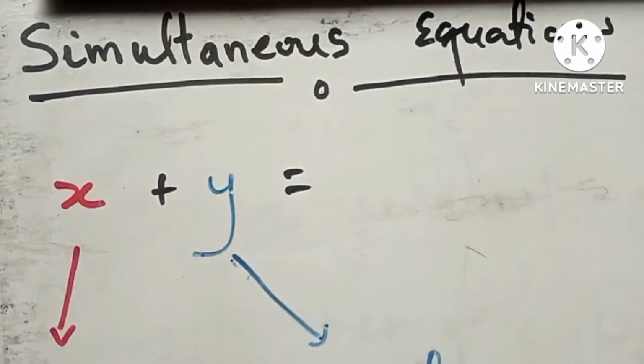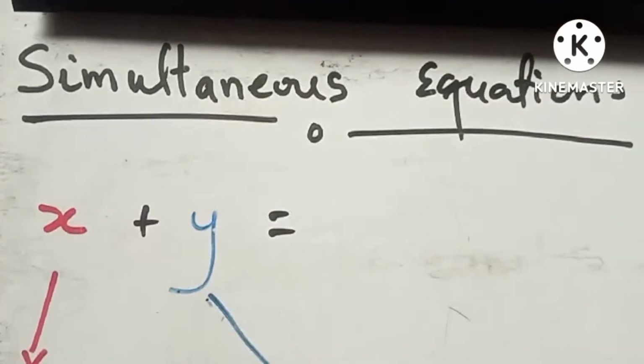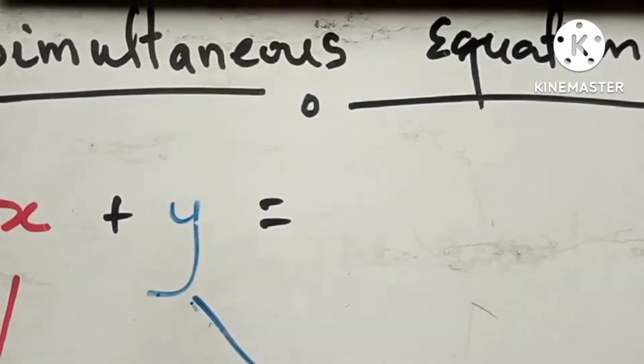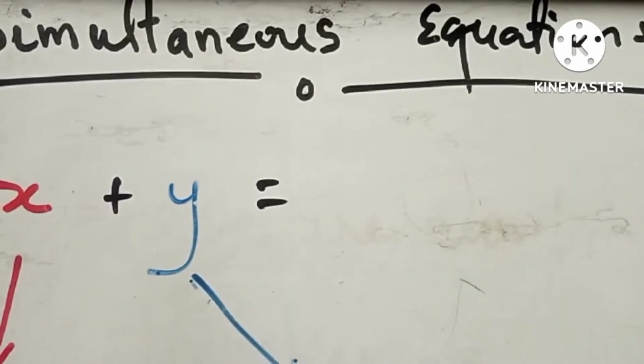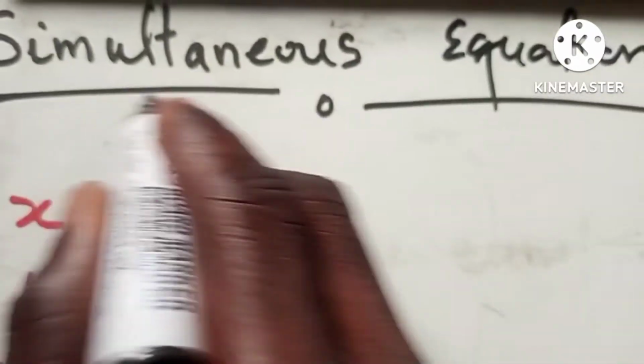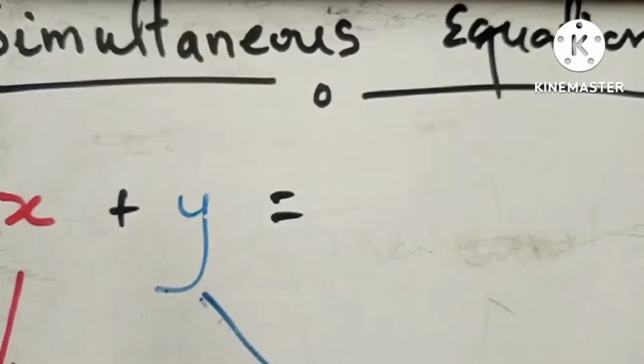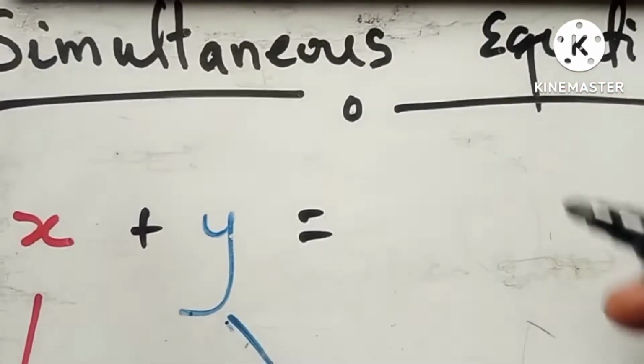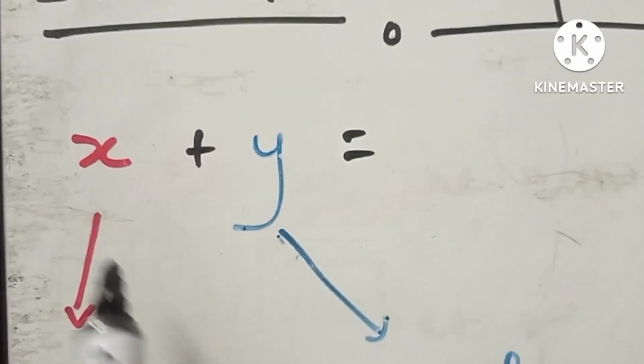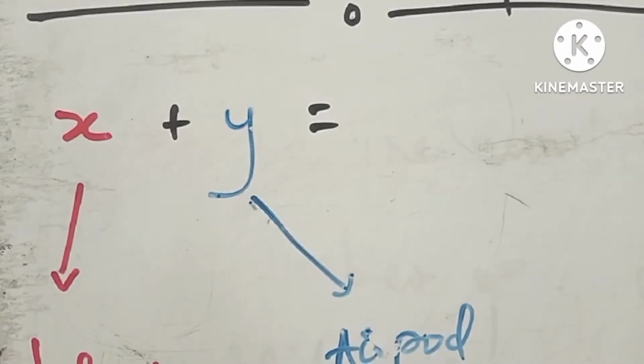This is simultaneous equation. Now, the basic understanding of the simultaneous equation is the idea of simultaneous is like something that happens at the same time, right? So for understanding purpose, before we solve the exams question on this thing,